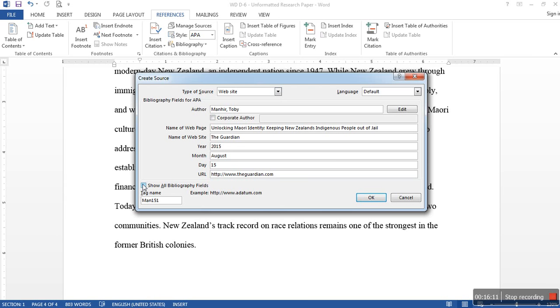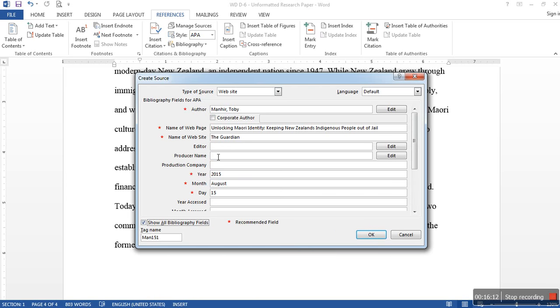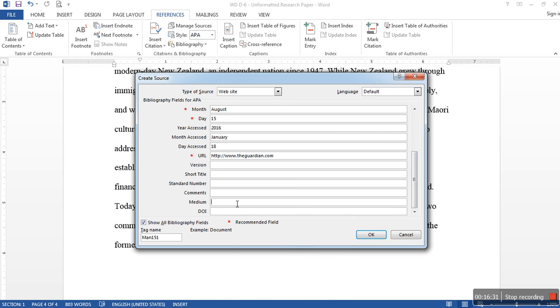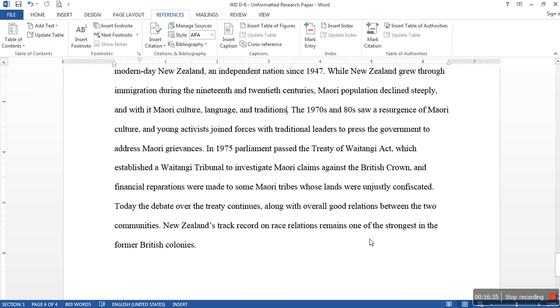What of the other information? Let's show all bibliography fields, and for the purpose of the activity, I'm going to fill in the year accessed, which was 2016, the month accessed, which was January, and the day accessed was the 18th, and I believe the medium was also represented here, and this was web. Once I click on OK,